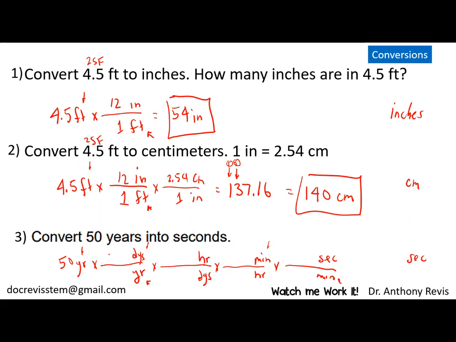So years, 365 days in 1 year, and 1 day is 24 hours, and 1 hour, 60 minutes, and 60 seconds is 1 minute. Let's say 60 minutes in 1 hour. Yes. All right. So if you punch these numbers through on your calculator, what you will get is